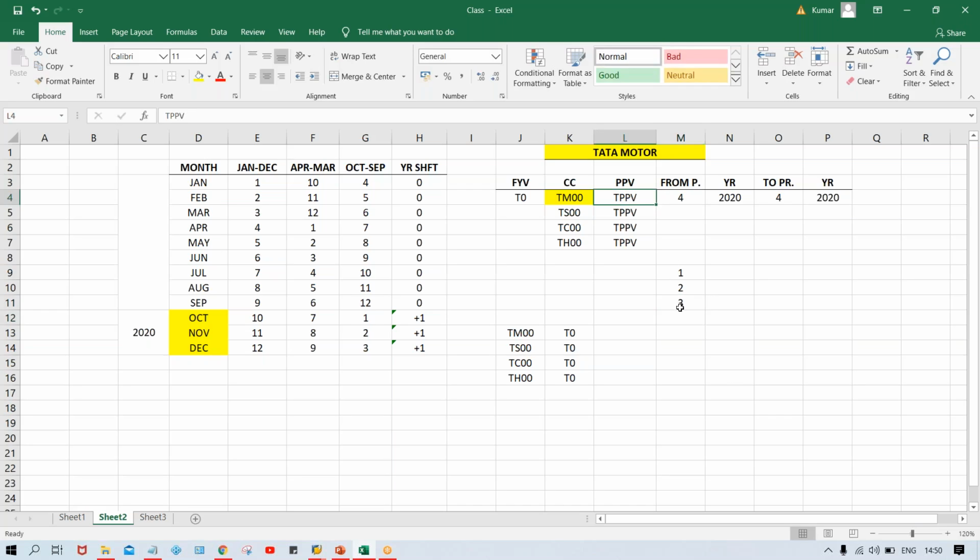Instead of that, why not open this period directly against the company code itself? If SAP allowed us to open the period against the company code itself, then these two steps would not be required. In a single step, we would simply open and close the periods against the company code itself. Why is SAP saying that no, you have to create a posting period variant, assign it to the company code, and only then can you open and close the period?